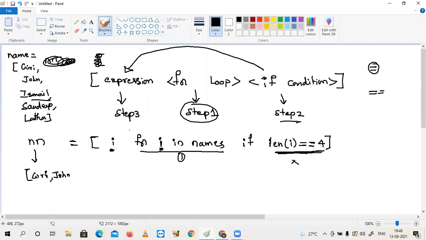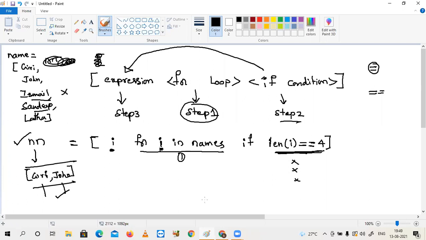So that Ismail won't be written into the expression part. Next, Sandeep. Again, condition false. Nothing will be written. Lata. Again, condition false. Nothing will be written. So finally, what are the values of NN here? Giri and John. Previously we have written 4 or 5 lines. Now, instead, writing with a single line, your work is happening or not?